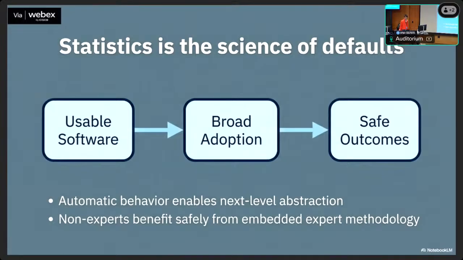So again, that's the idea: you should always be thinking about the fact that non-experts are going to be the target audience most of the time, the people using the tool, and so you need to design the tool, the defaults and everything around it if you want to see software become really usable, really friendly, adopted very broadly, and also to get the outcomes that you want.